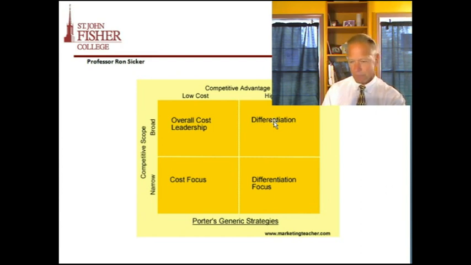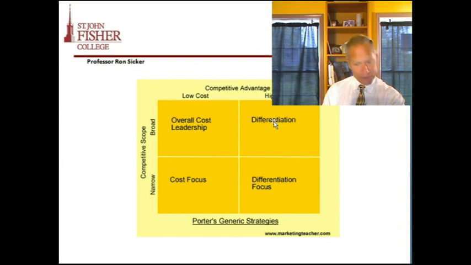And then differentiation, narrow focus with higher cost would be, and oftentimes you're looking at a very high end type of product, Rolex. I just talked about Armani and Armani suits. Higher cost, very differentiated, sold on very high quality, high fashion. Lamborghini, I wouldn't put Lexus there. I would put Lexus on differentiation, but Lamborghini,